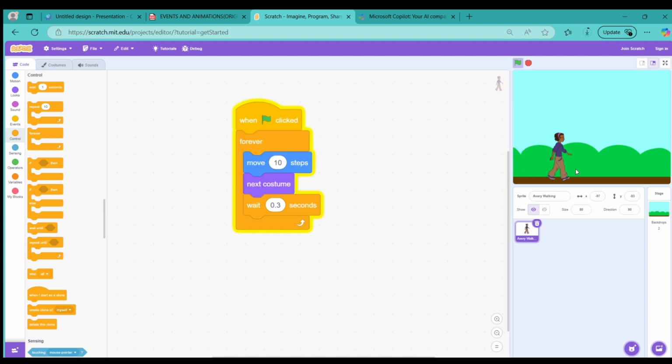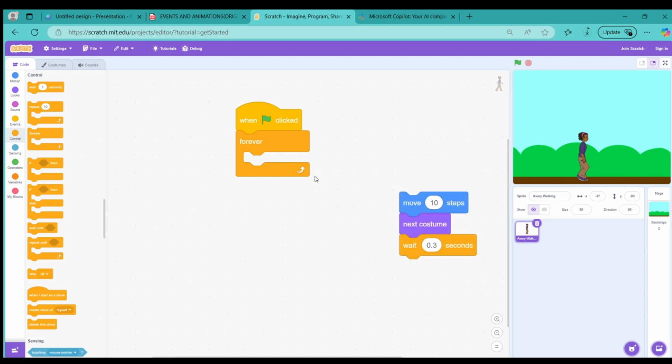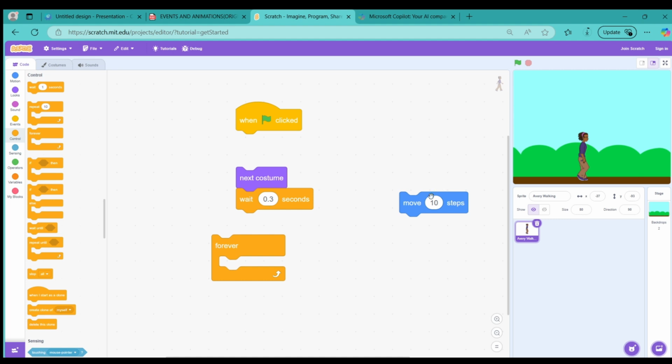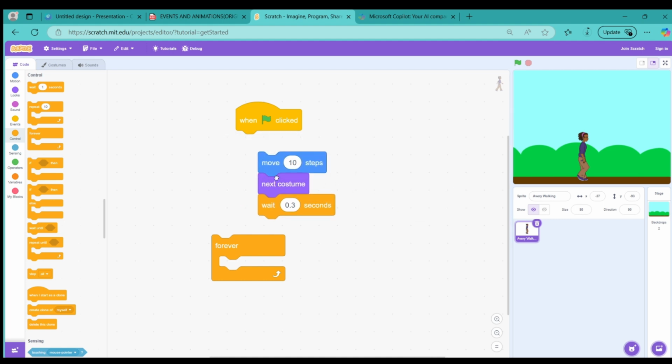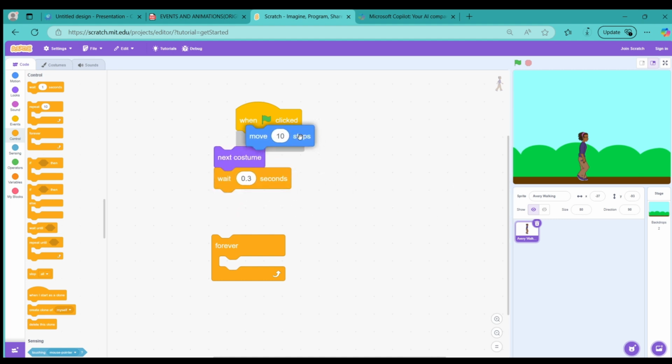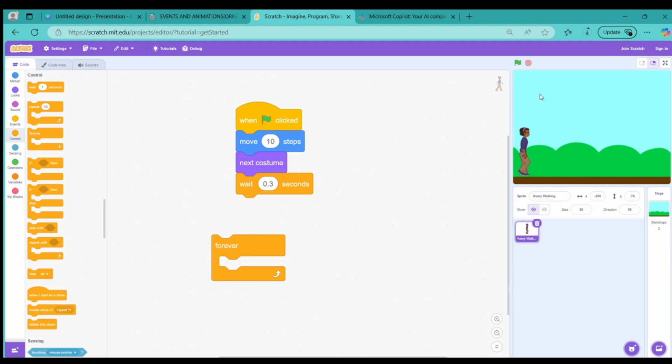You see, now she's moving. You see that? Let's stop. And now on the forever loop, let me show you what the forever loop does. When you remove the forever loop, okay, now let's play and see what happens without the forever loop. You see, without the forever loop, you have to keep clicking on the green flag for Avery to take a